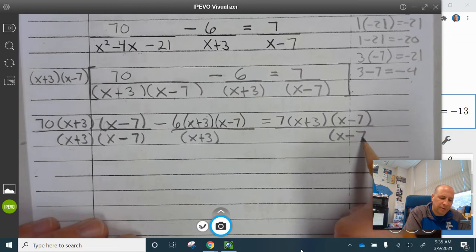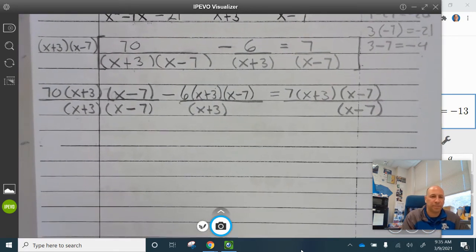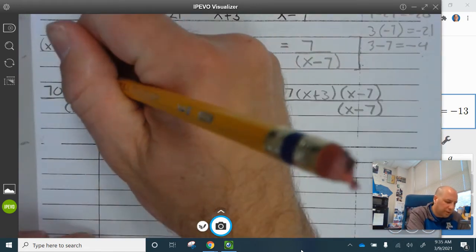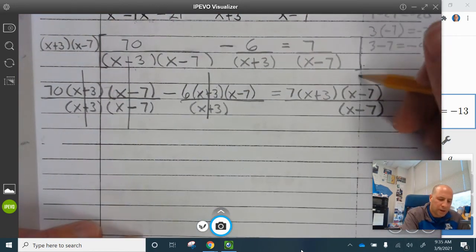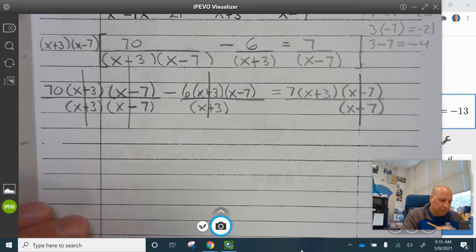Notice I'm putting the x minus 7 underneath the x minus 7. Now we notice that this divides and becomes 1, this divides and becomes 1, this divides and becomes 1, and this divides and becomes 1. Okay, so then we're left with